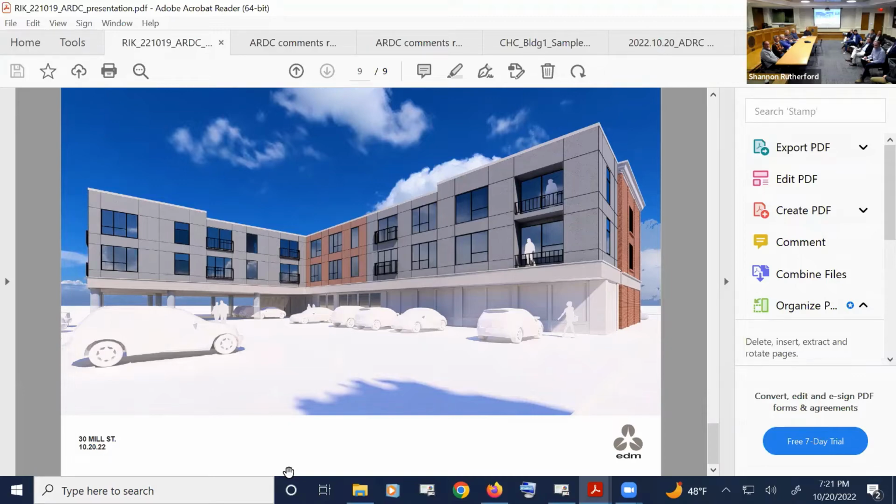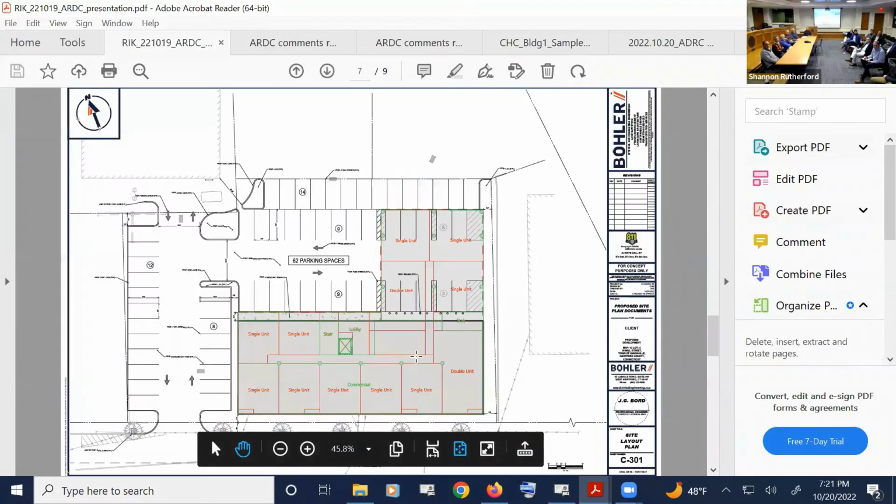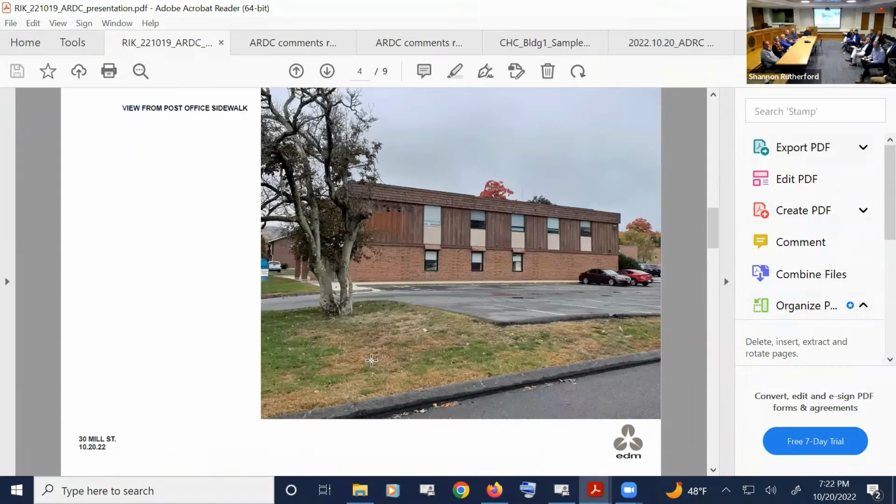So could you flip back to one of the photos, Shannon? Yeah. The only thing is that mansard, it's like 2 stories plus right now. Don't know exactly. I guess my question is, you have a stucco facade and then you have a brick facade, so your thought was trying to make it look like, to me, it looks like 2 different types of warehouses or industrial buildings. One is brick, which is what we have throughout the entire town, and then the other is a very modern looking warehouse from the 70s or 80s. I would be very interested to hear my architectural colleagues and their thoughts, but to me,